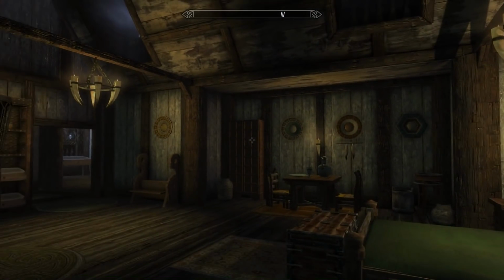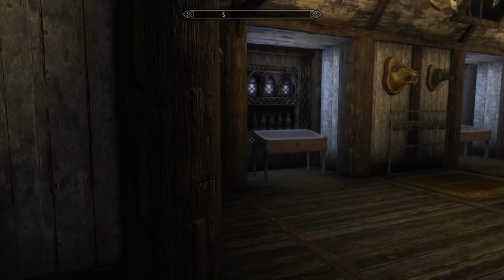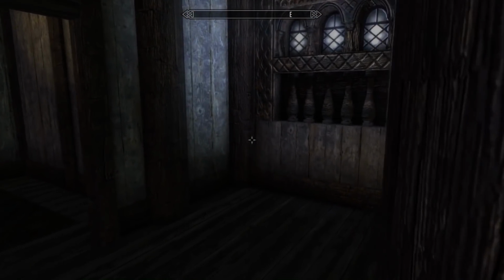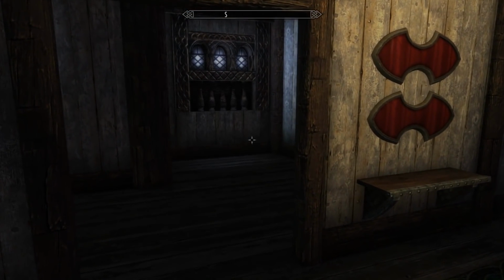I'll give it that. That's a really, really nice size for a room. Yeah, that's pretty nice. And then we've got ourselves over here. Yeah, this is the spare room. This could be the children's bedroom. I decided not to pay for that because I wasn't really interested in adopting anyone. But